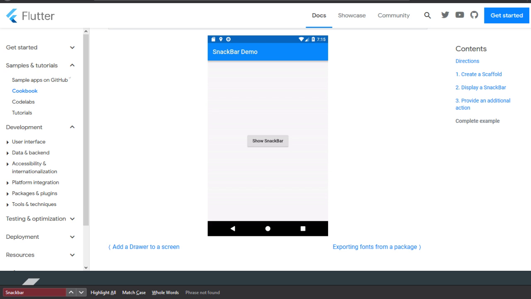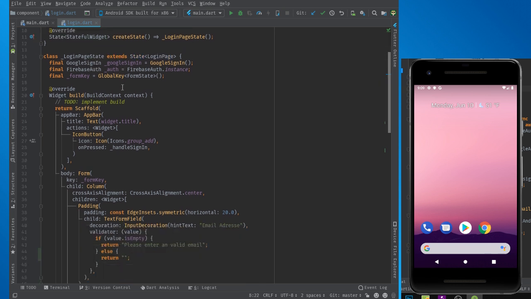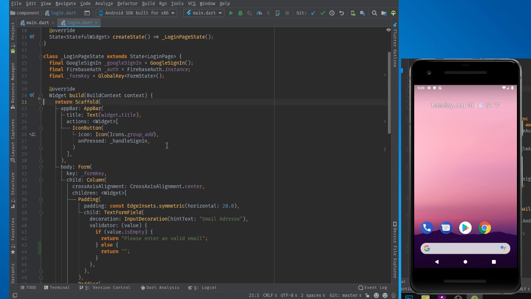But what we still have here is our login page. So we can see our login page. That is a stateful widget. And now we want to, careful. So we have our login page, which is a stateful widget. And here inside, we implemented the build, which has the scaffold inside. And I think this to-do can be removed. And in that scaffold, we have